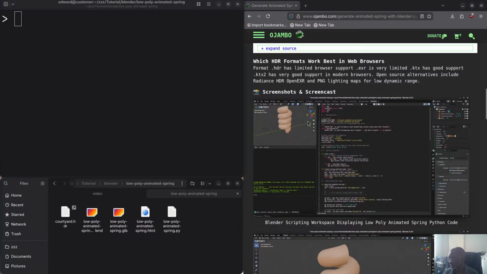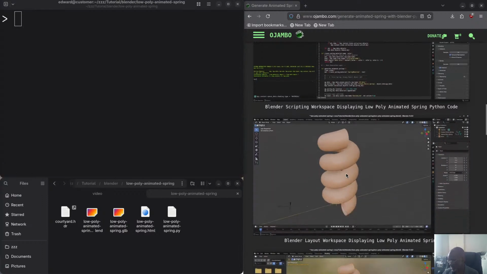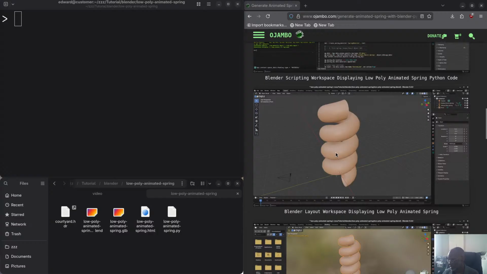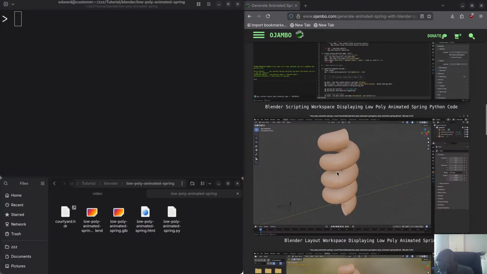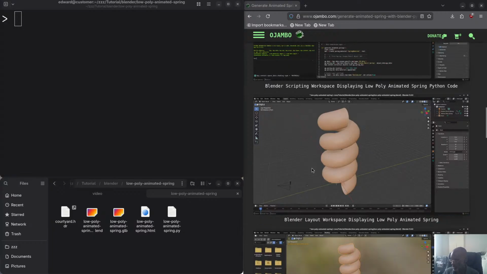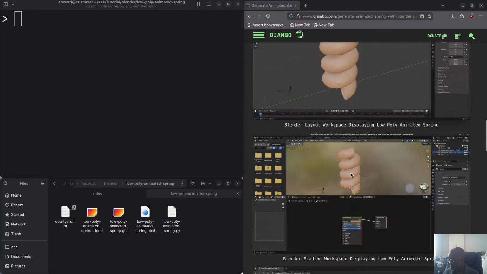So as you can see here, this is the screenshot of the Blender scripting workspace. After this is the script that generates the spring, and this is the layout workspace. And if you look properly, you can see down here, going up, it's actually pretty thin, but you'll see that's the actual grease pencil. And this is it in the